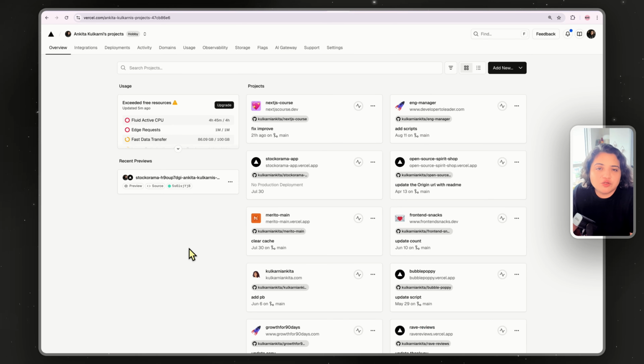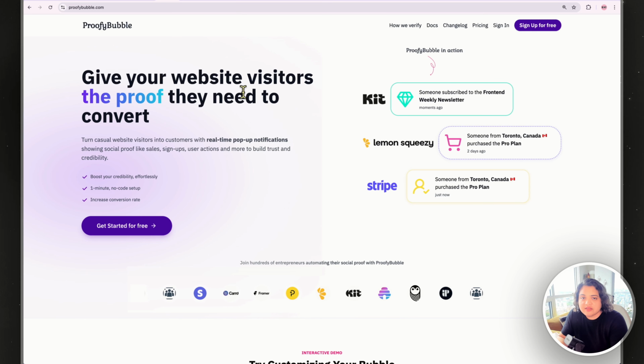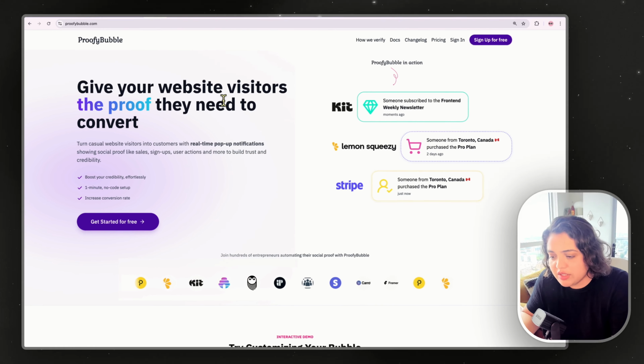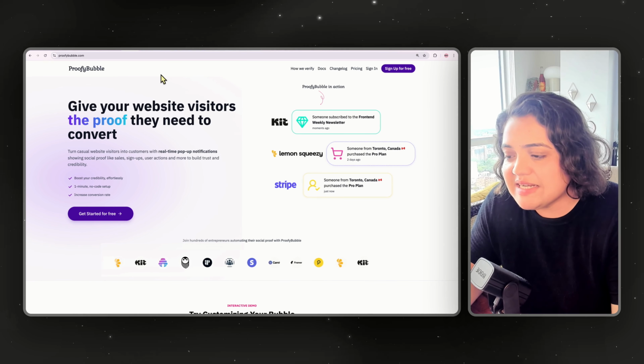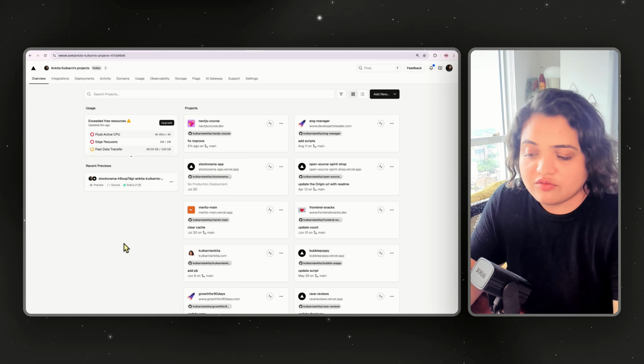Because Vercel gives me the tools I need to automatically scale my application. But it's not just deployment. I use it for logging, monitoring, preview environments, and scalability as well. My course platform, for example, or ProofyBubble, they all are deployed on Vercel, and these are production ready apps that I could talk about right now. I have one more SaaS that I'm shipping very soon that I'll talk about in future videos. But what I mean is it basically handles all the infrastructure for me so I can stay focused on features.